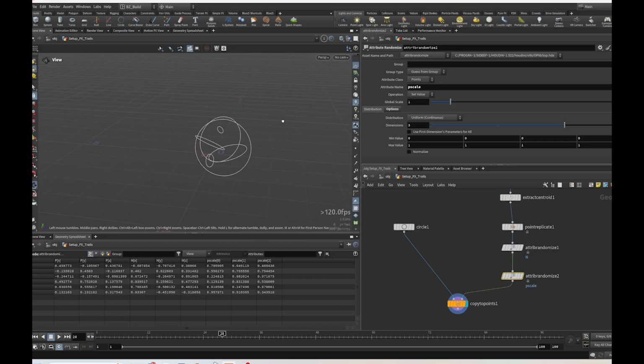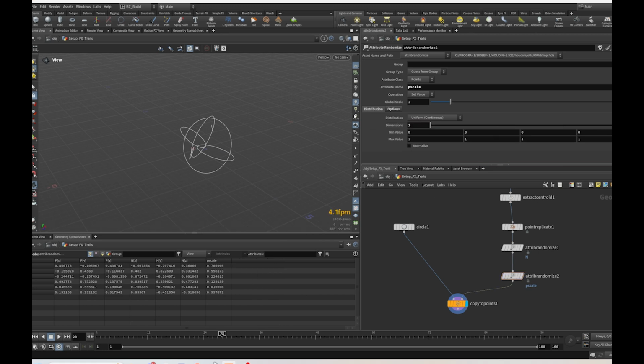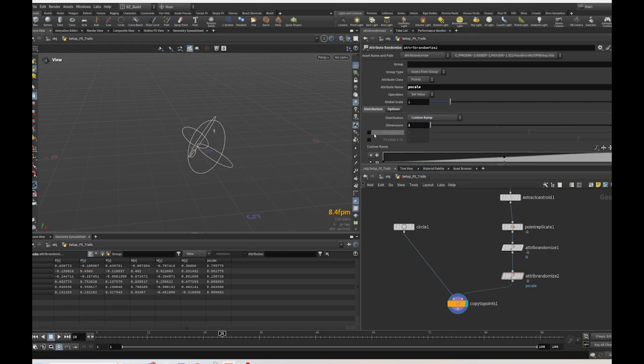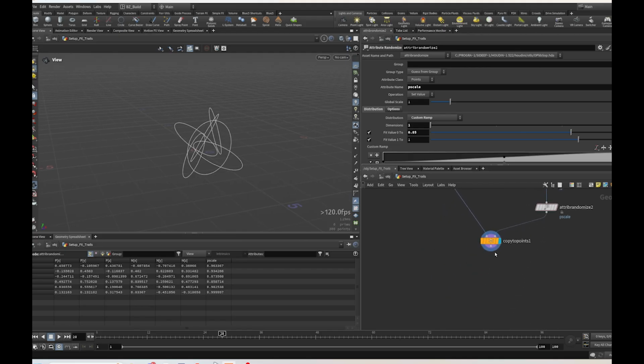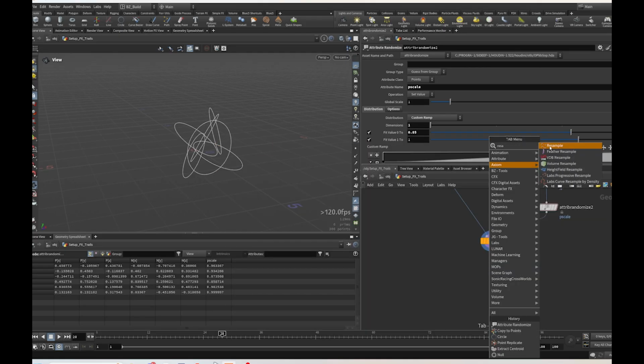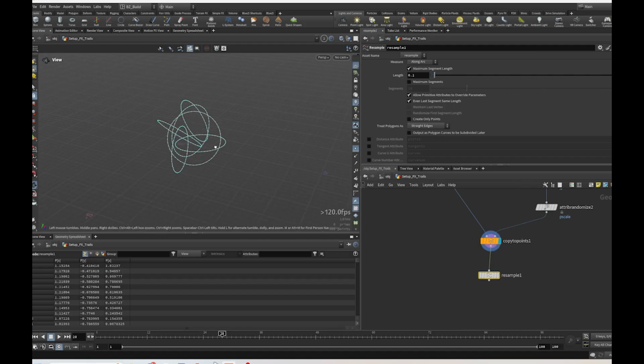So that the scale varies between 0 to 1. And since this p scale is a float attribute, we can change this dimension from 3 to 1. And I don't really want the circle to have a p scale of 0, so we can do a custom ramp and fit it from 0 to 1 to 0.85 to 1. Alright, looking good. And then we can drop down a resample here, because right now the curve is quite low